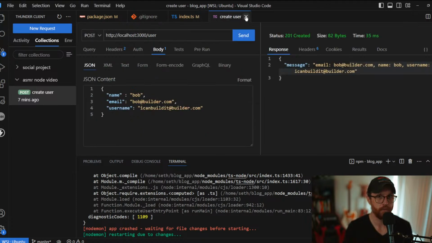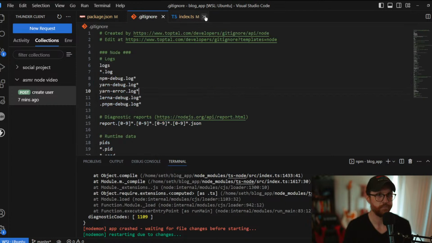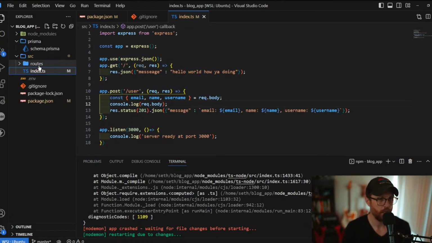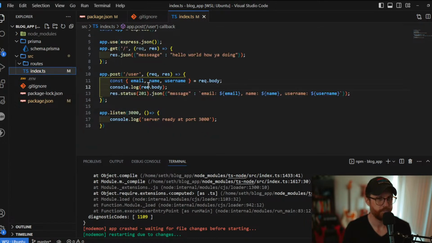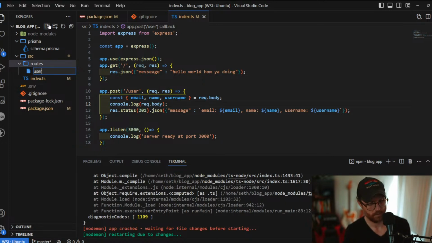So let's get the database set up, and actually what we'll do, we don't want to really clutter up our express page here, right? So we'll set up routes, and we'll have a user route, user routes.ts,